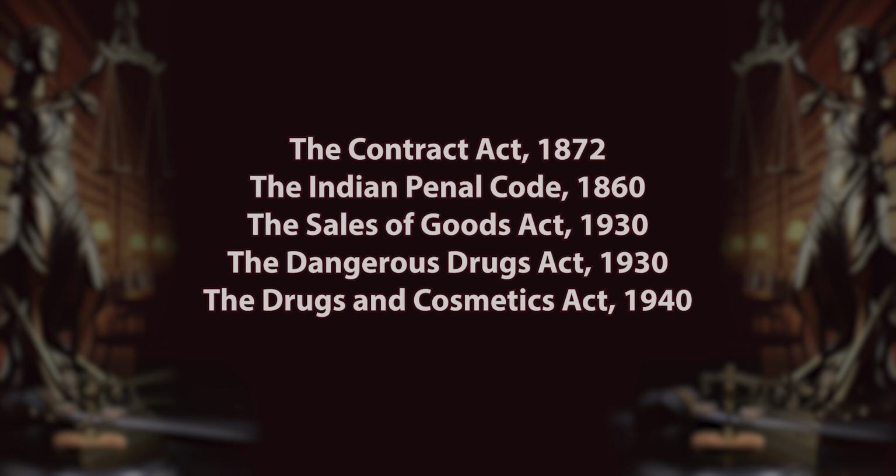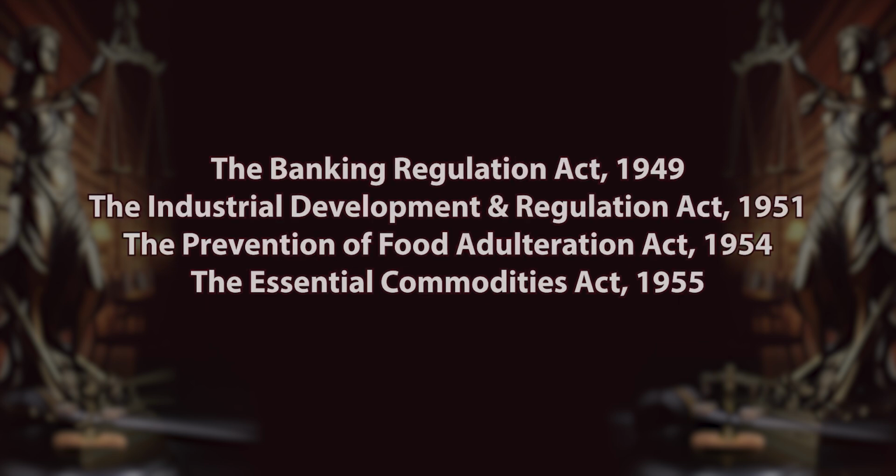However, prior to this law, certain aspects revolving around consumer protection were taken up by different legislations, both pre-colonial and post-colonial, like the Contract Act 1872, the Indian Penal Code 1860, the Sale of Goods Act 1930, the Dangerous Drugs Act 1930, the Drugs and Cosmetics Act 1940, the Banking Regulation Act 1949, the Industrial Development and Regulation Act 1951,